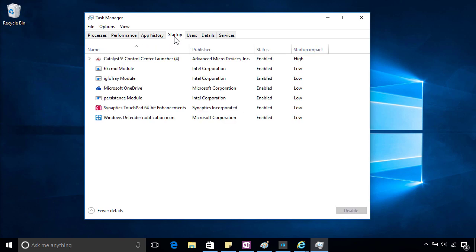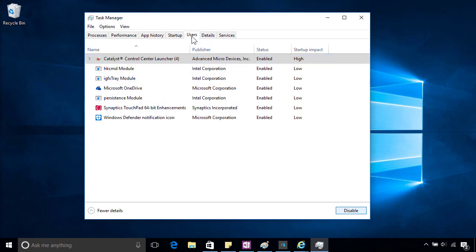The next tab is the Startup tab, which lists all the apps that load automatically in the background each time Windows starts up, including the impact they have on your startup time. So, if your PC is slow to start up, you can see which apps are having the most effect on this delay and disable them from starting automatically. Keep in mind that this may prevent the apps from getting updates or new content in the background until you open them manually. So if you find this becomes an issue, you can always re-enable the startup again anytime.